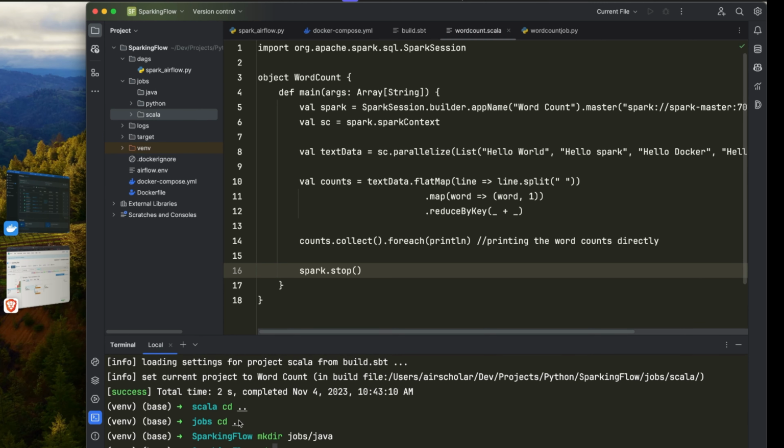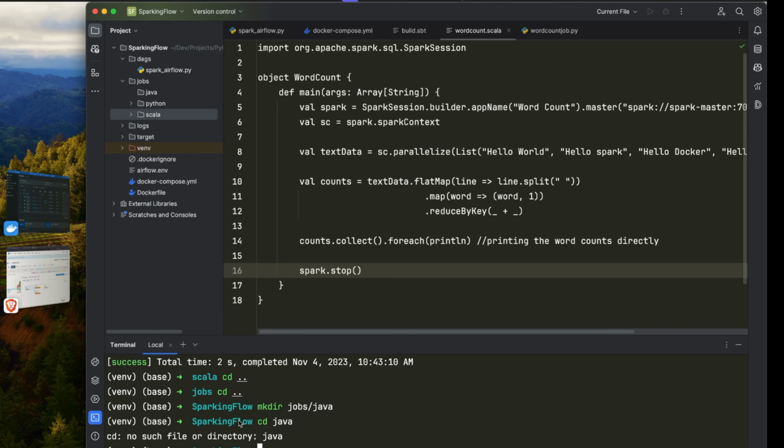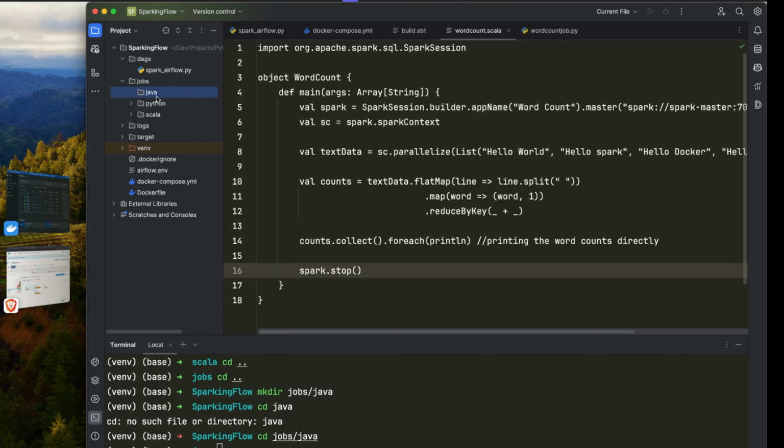So I'm going to go into the directory of Java, cd jobs, and Java. Okay. So inside my Java directory, I'm going to be initializing a Maven project. So I'll be using Maven. You can use Gradle, or you can use pom.xml to create a new project. Okay. So I'll just be using Maven as my